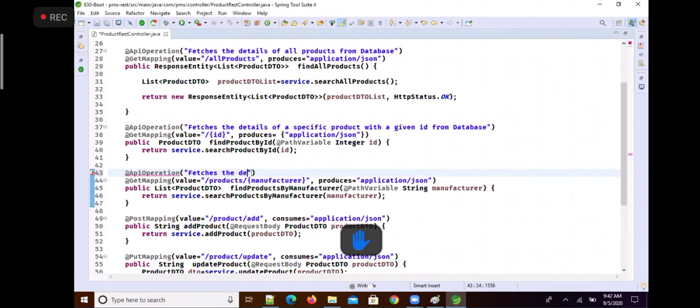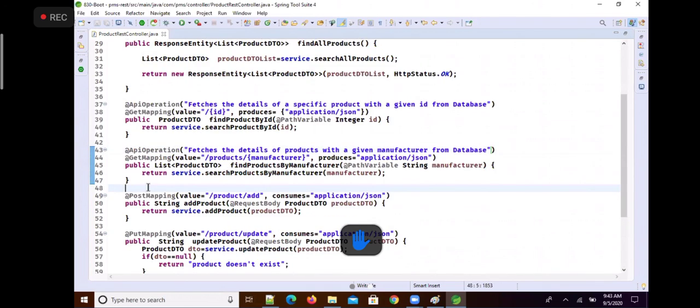Fetches the details of products with a given manufacturer from database. Now, fetches the details of all products with a given manufacturer from database.